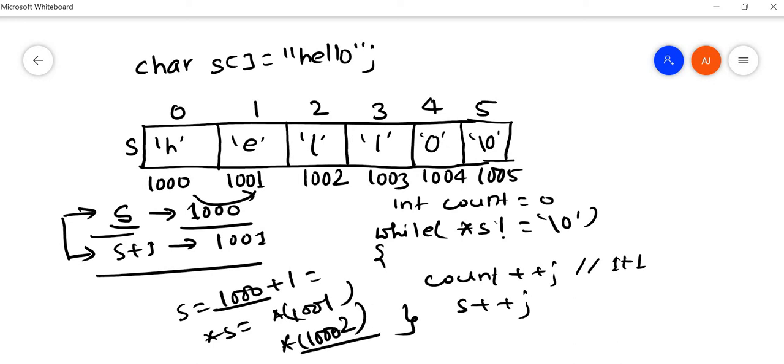The value at 1002 is l, and again l is not equal to \0, so we increment the count. In this way we will keep on incrementing the count value until the value at the address of s becomes \0. Then we will terminate the loop, and finally count will return the length of the given string. Once you have understood the concept, now let us implement the logic.